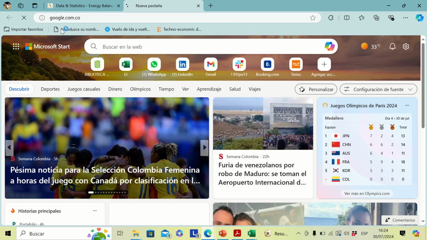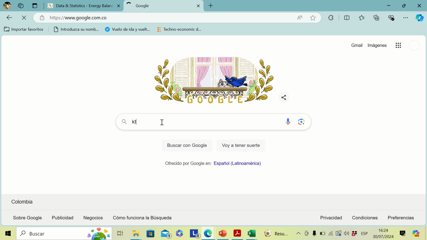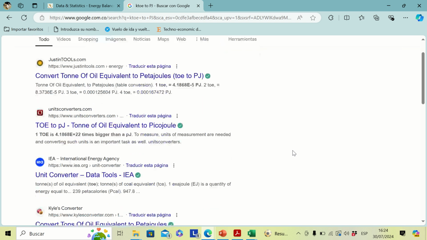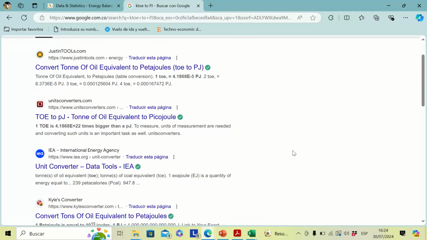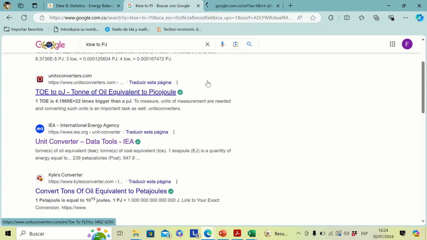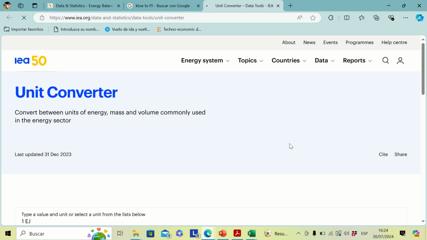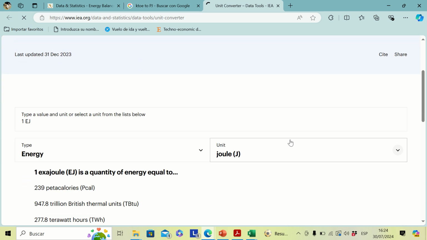value for the conversion factor. So let's check it, kilotons to petajoules, and it will give you a value. Here it is saying that it is around 0.04. Let's try to check it with a unit converter, just for checking, because I think I know how to do it, but I just want to guarantee that